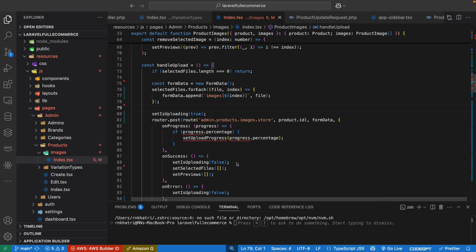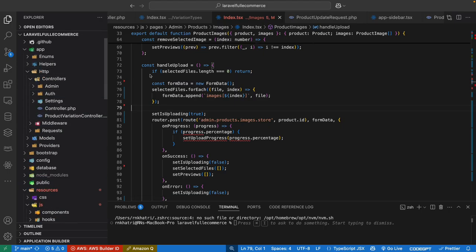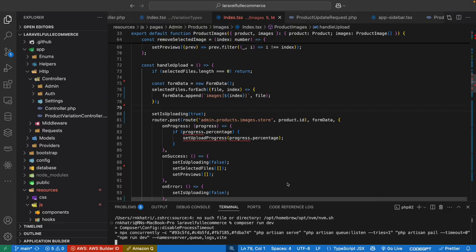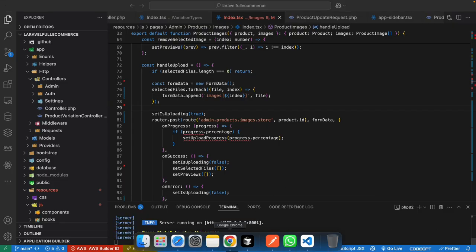Continue the project from the implementation of this image upload, multiple image upload. Okay, first of all, let's run this project. Terminal. Okay, composer run dev. Okay, yes,